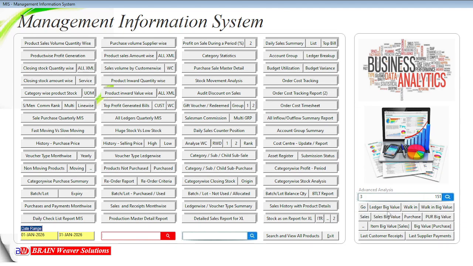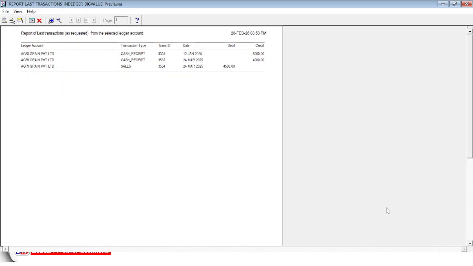By clicking this ledger big value, here we can see the ledger account Agri Green, the last 3 big transaction from this ledger account is, the first one is cash